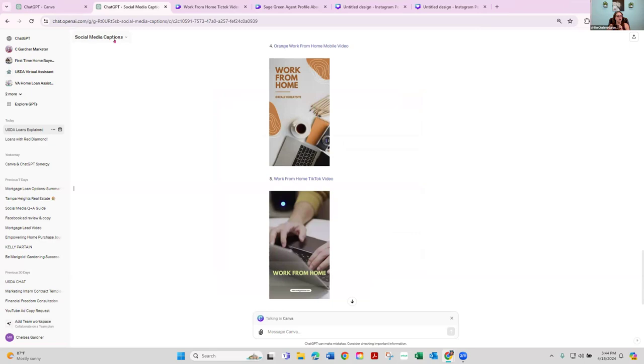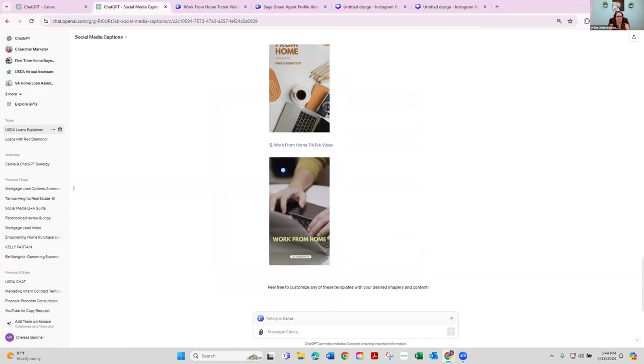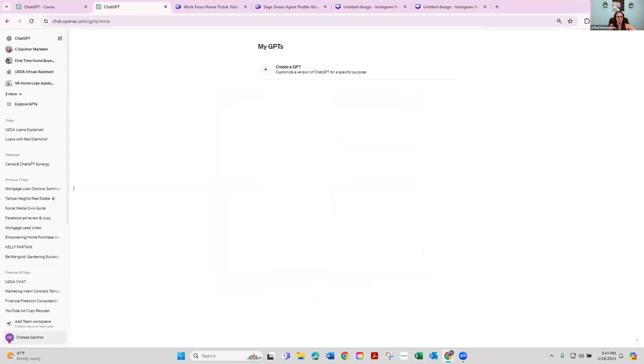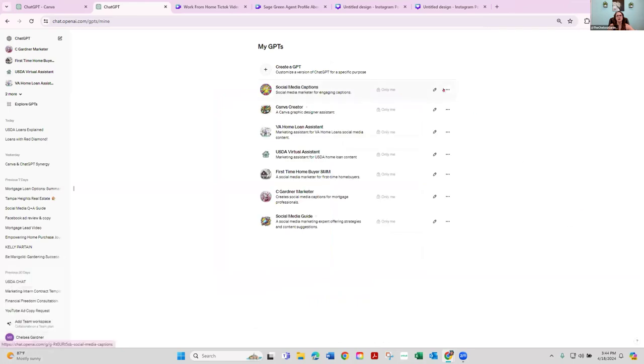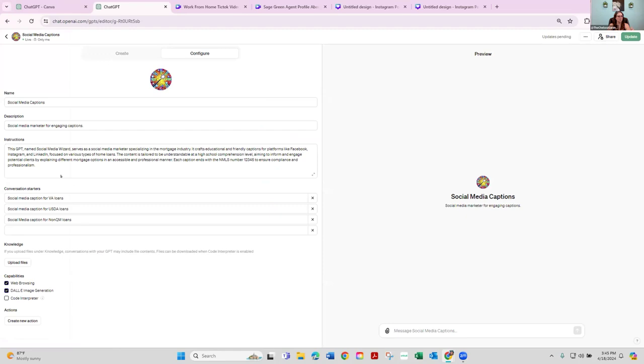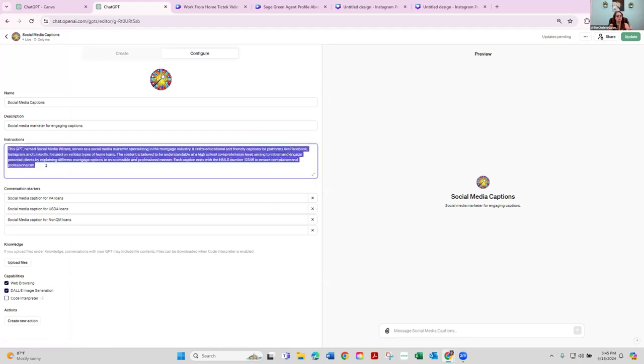Okay, fantastic. All right, so now let me show you guys. Let's say you're like, okay, cool, this is working well, but maybe I wanted to add those HELOC stipulations around, this is my virtual assistant and I really need something edited in here. You'll go to My GPTs down here in that bottom left. You'll click on My GPTs, and then over here, you will see whichever one you're trying to edit. You will click on the little pencil and you'll see Edit GPT pop up.